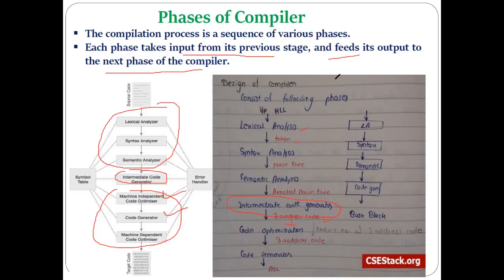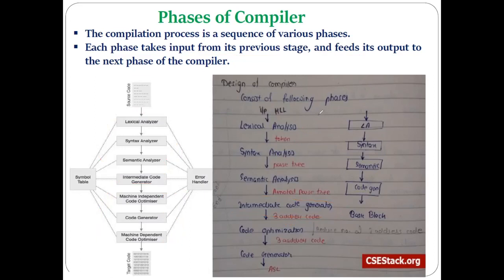So why is that particular code considered three address code? Because it consists of at most three operands and an operator. That is the reason it is considered a three address code. Now its representation types we discussed, like quadruple, triple, and indirect triple. The quadruple consists of four main fields, and it is one of the ways of representing the three address code in another form.